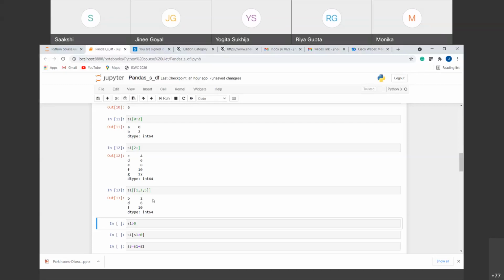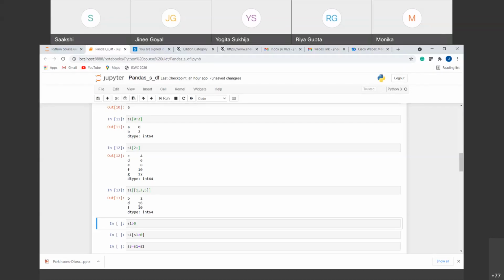But inside that, I want to provide the list of indexes, right? Instead of providing a single index, I want to provide the list of indexes. So we know that while defining the list, we have to give the square brackets. So that is why another square brackets are here, which gives us the list of the indexes whose values we want. So that is why we get the values related to the first index, third index, and fifth index.